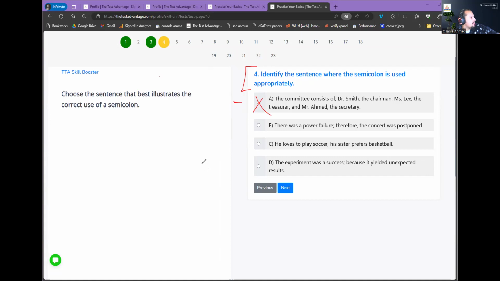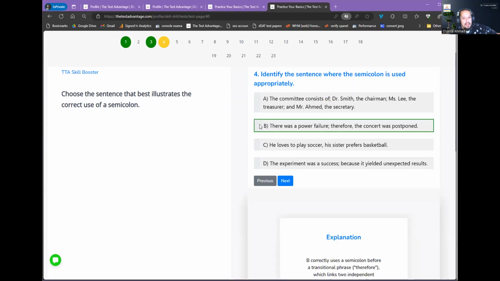We're supposed to use a comma instead of a semicolon. No, we're supposed to use nothing, actually. I should have a preposition. Keep that in mind. So what's the best answer, Malak? B. Yes. Very good job. Answer B. Now, guys, be careful. You're trying to aim for higher level scores. Memorization is not what we want. Memorization is the beginning, which is great. But after that, we need to train ourselves.